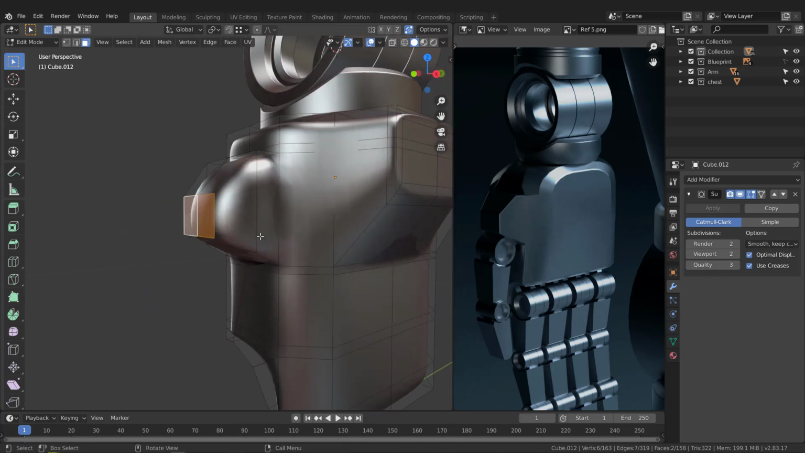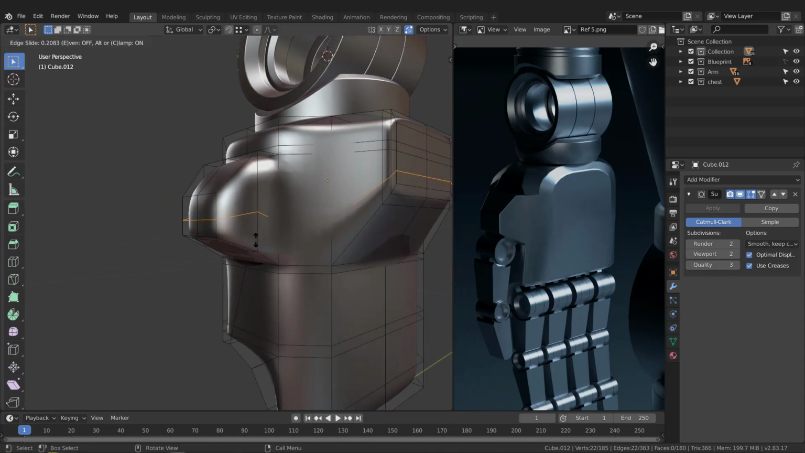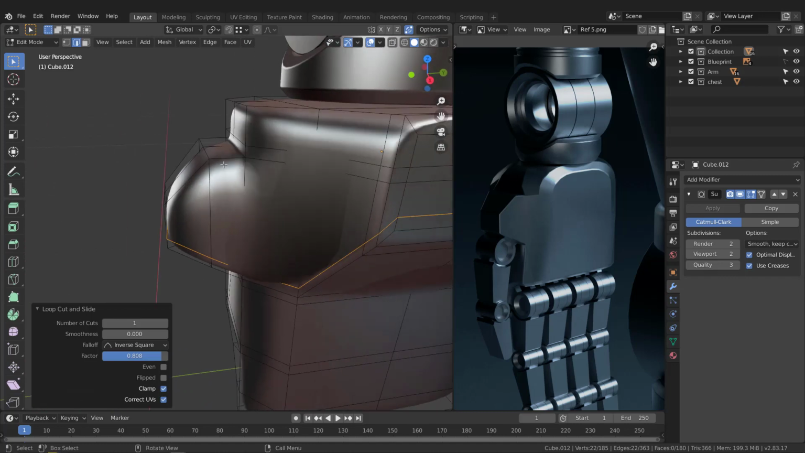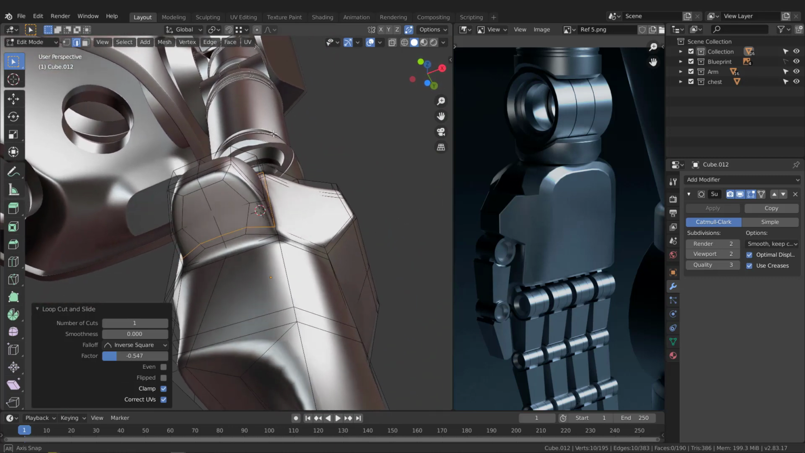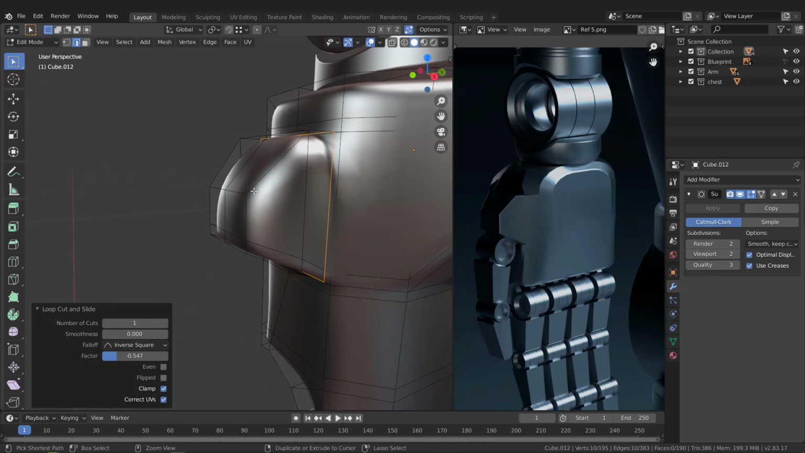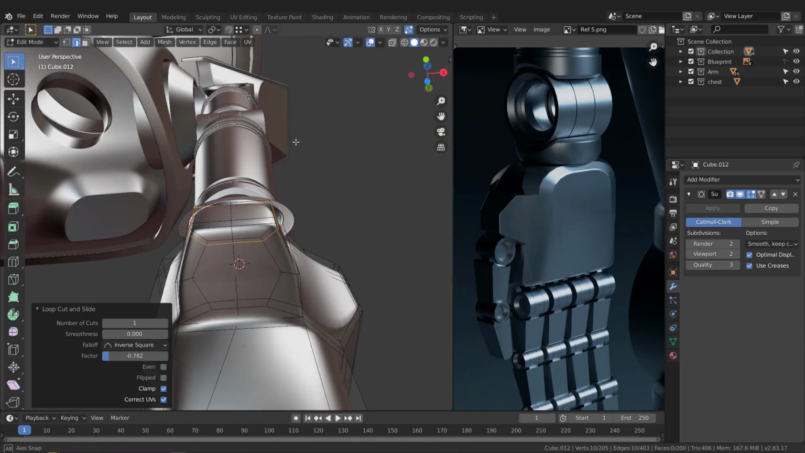For this one I will hit Control R here to support this, but I will hit E for even, just like that, and grab this and put it right here, and maybe Control R in this area here, and let's see what else we can do here. Let's hit Control R here again. Let's support this place,